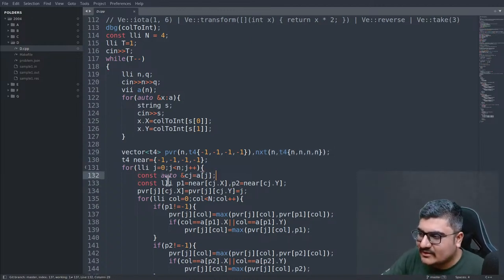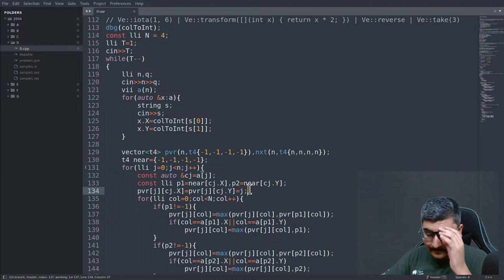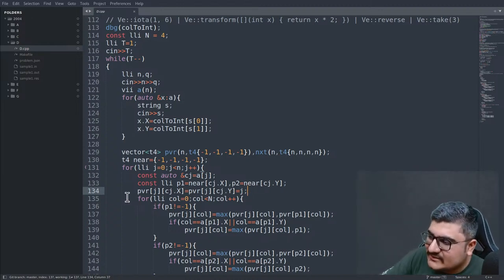So I look at what the current element's color has, and what was the nearest element with the same color. So the best way to reach that color from J would be using the index J only. Similarly, for the second color also, the best way to reach just before it would be J itself. And for all the colors from 1 to n,